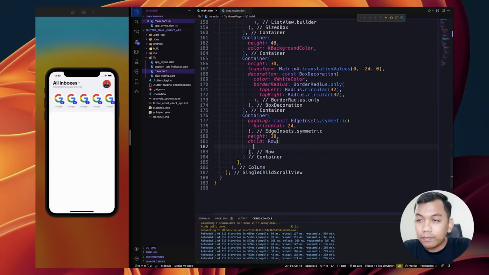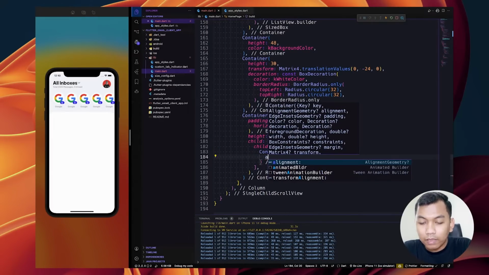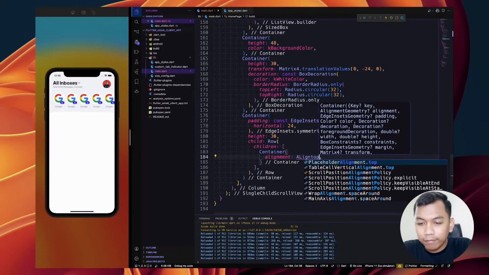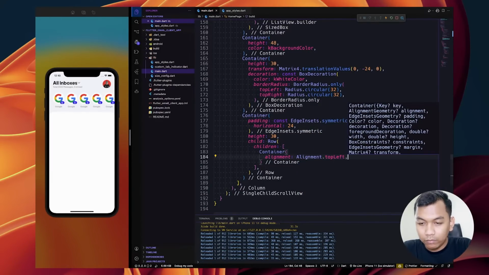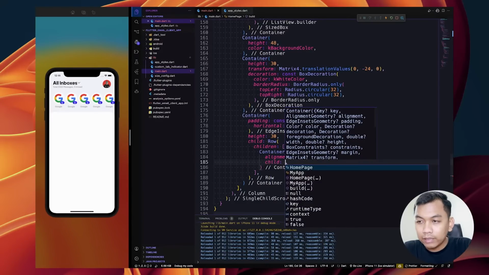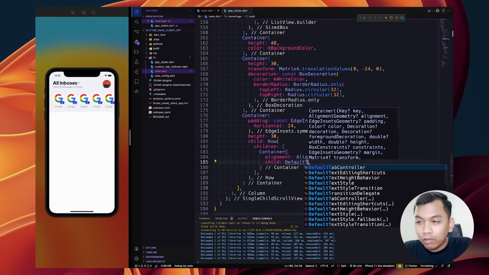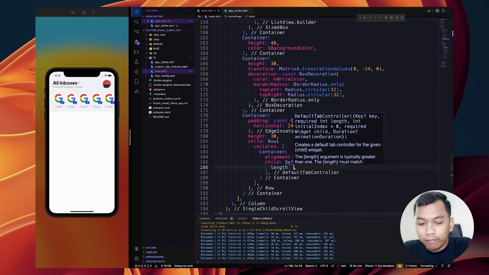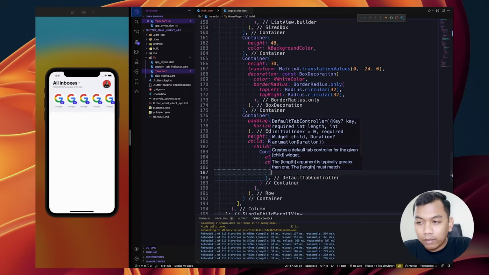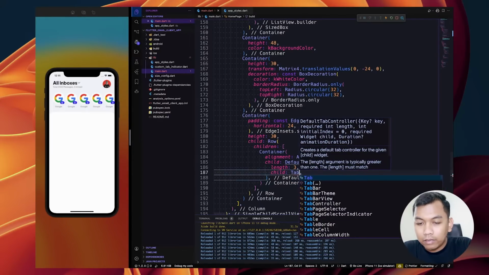And for the children, the first children will be container. Alignment set it to be top left, and child will be default tab controller, and for the length will be 3, and for the child will be tab bar,